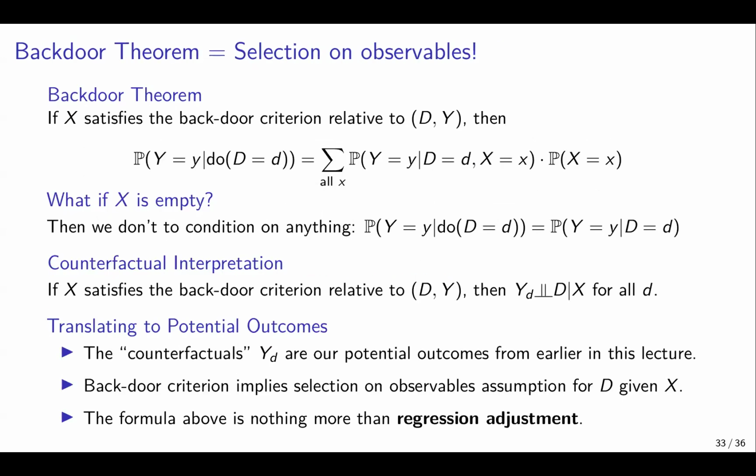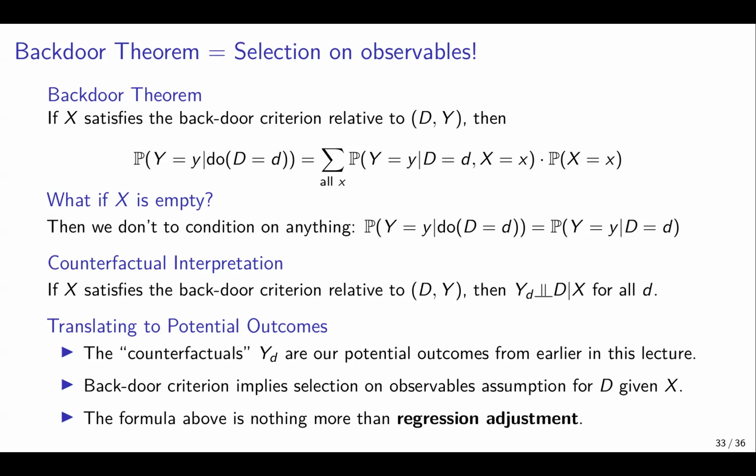And now we're finally ready for the big result, which is the backdoor theorem. Turns out this is just exactly the same thing as selection on observables by regression adjustment. So if x satisfies the backdoor criterion relative to d and y, then the probability of y given do d, so that's the interventional distribution, y equals y given do d equals d, is the same thing as, now notice